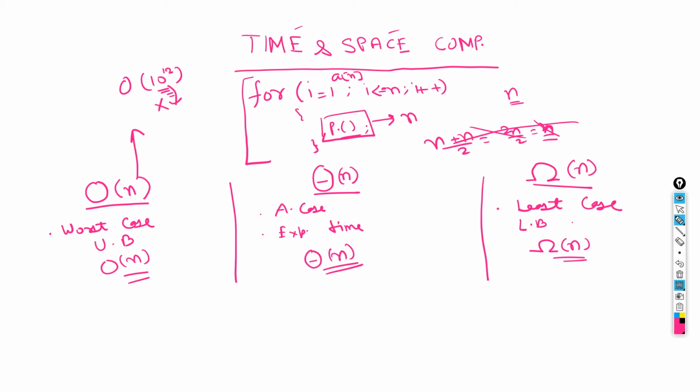So for a code snippet, whenever someone asks for the time complexity, you always respond in terms of worst case, big O of n. And what is big O of n? This is the maximum time complexity the algorithm or the code snippet is taking. Then we also have one more term, which is big omega, the least case, or the lower bound of the time complexity. And we have the average case, or the expected time, which is theta. So this was the time complexity.